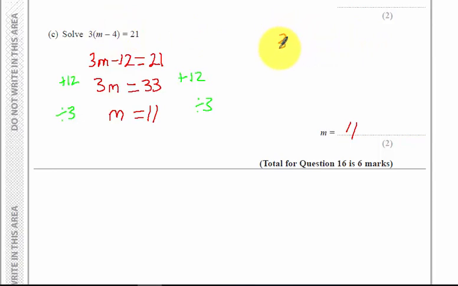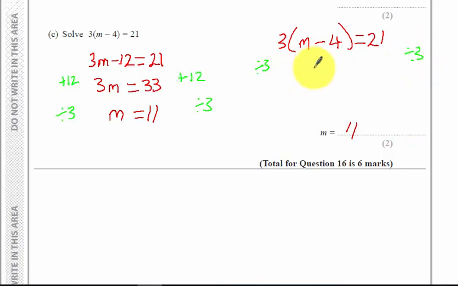The other way that you could have done this question, and it doesn't always fall nicely because the numbers don't fall too well, is to realise that this is 3 times this bracket. Now, to undo a multiplication, we could do a division right at the start. So if I start off by dividing both sides by 3, and this works well because 21 is a multiple of 3,